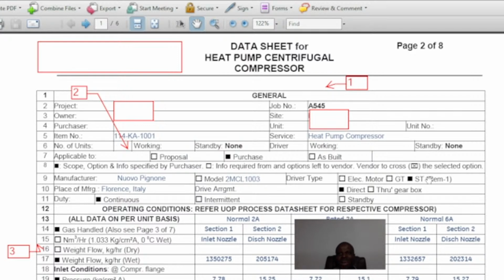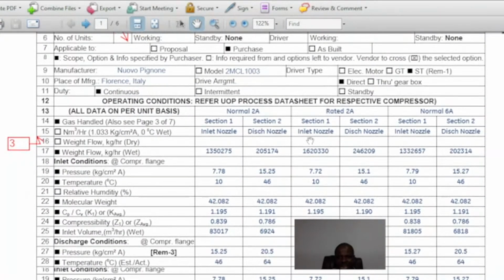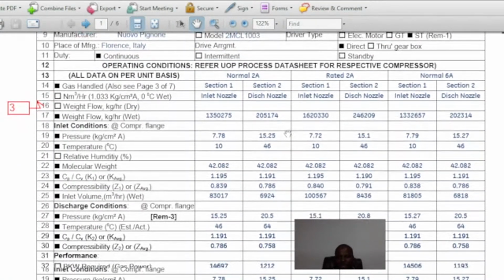Each stated operating point shall be clearly identified. Like you see in this case, each stated operating point. I believe you can see my screen. Now, in this case, you see different operating conditions. You see the normal operating condition stated. You see the rated operating condition stated. Now, each stated operating point shall be clearly identified, and it has to be named, like you see in this